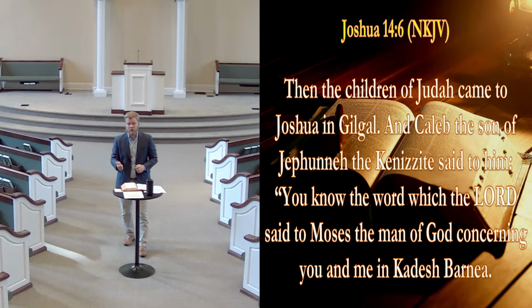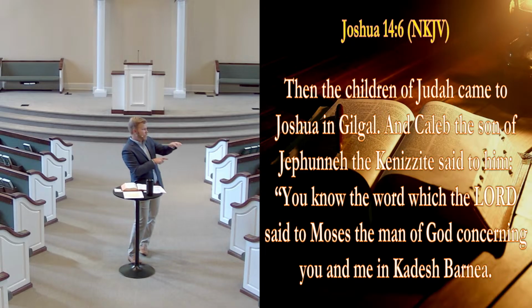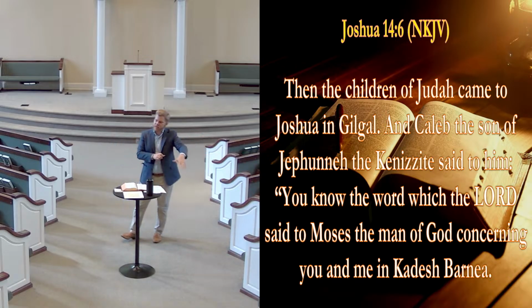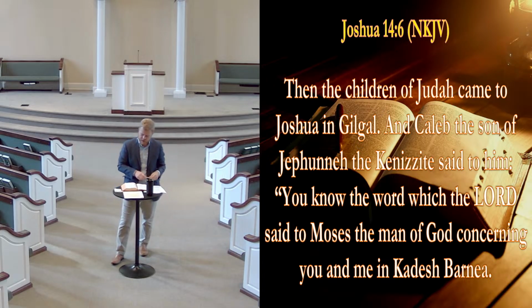Because he was faithful, because he was one of the two spies that believed in God and the ability for Israel to take the land when they spied it out in Numbers 13. Because Caleb was faithful, God allowed him to live. All of the others died in the wilderness when they wandered for 40 years. All of that other generation died out. Caleb was allowed to live, and then he was given an inheritance, a land inheritance, because of his faithfulness to God. And so let's read about that beginning in verse 6.